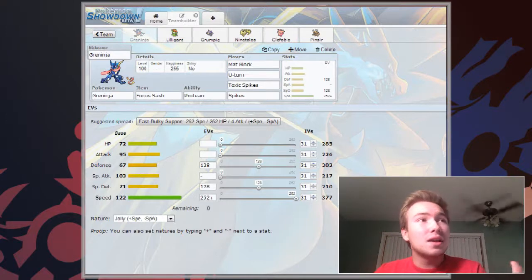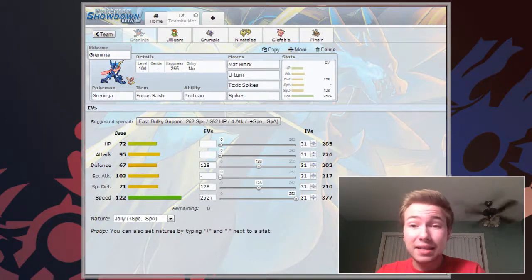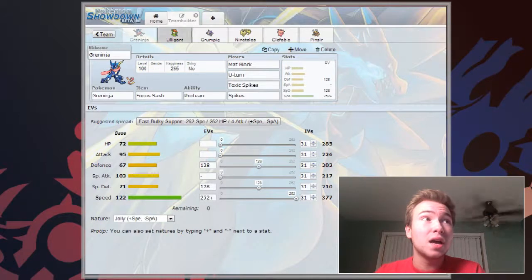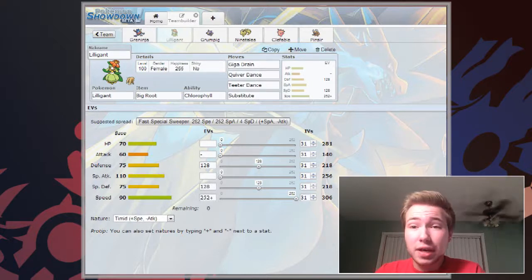So, Greninja, he can go or stay for a while, but as soon as he gets that Mat Block up, he's done his job. And I highly doubt anyone's going to hit a Lilligant twice the first turn. They're going to go for the almighty Greninja. So then, once Greninja has done his job and he comes back or he faints, you send out your next NU Pokemon,